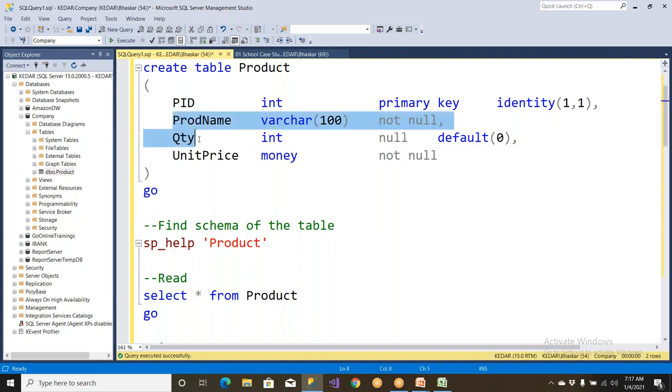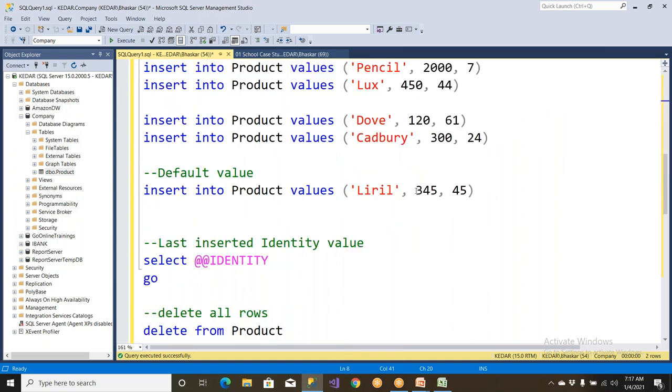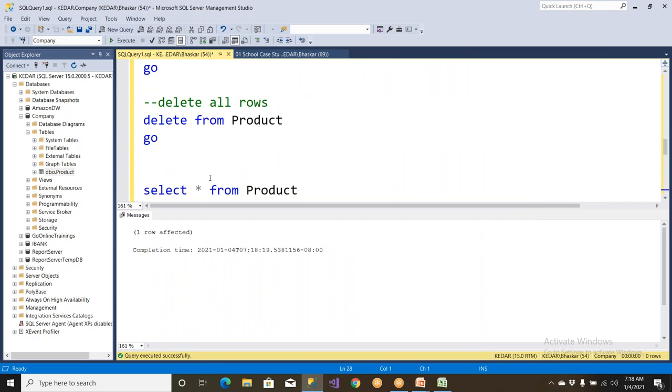So we're inserting one, two, three. The second value is not important. Okay. So you can give null like this. So little, but the quantity I don't know as of now, but each product costs you $45. So you can specify null, not in quotes. Remember this, you should not give it like that. Null means a blank value. I don't know what the quantity is, so you can give it like this. When you insert the data,